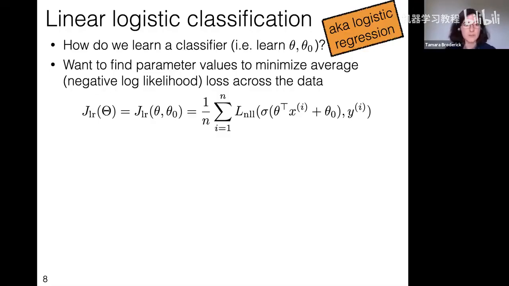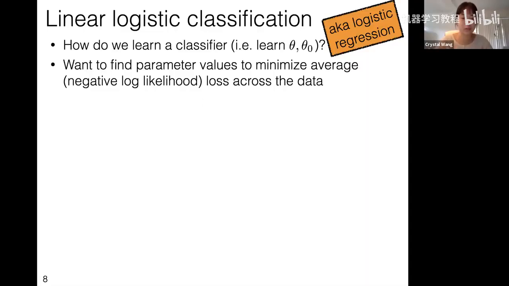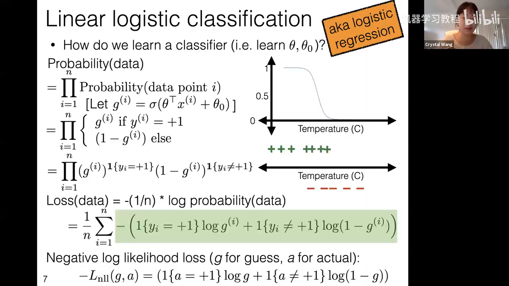Oh, there's a question. Yes. Going back to the last slide, when we were looking at the objective, why do we multiply all of the data points together to learn the classifier, the probability? Yeah, great. So if I understand the question correctly, it's about the first line here, which is, why is the probability of the data equal to the product of the probability of the individual data points? This is a fact of probability that is really outside the scope of this course,